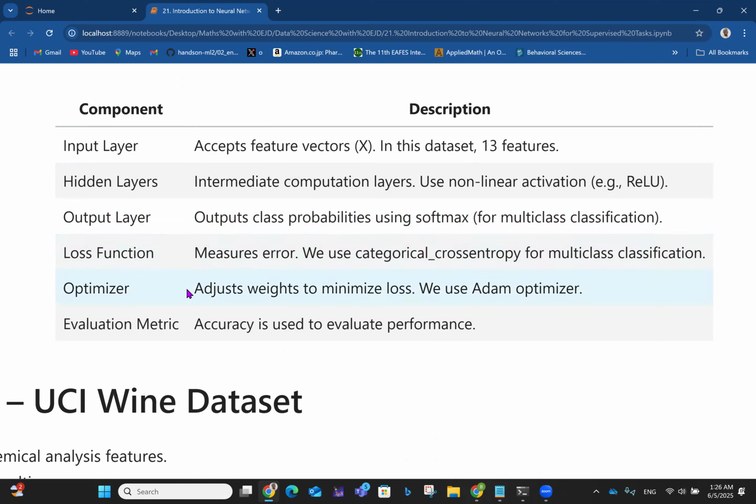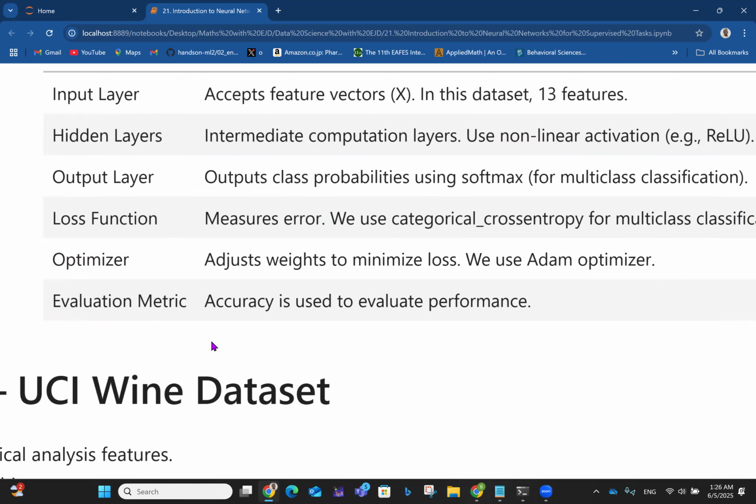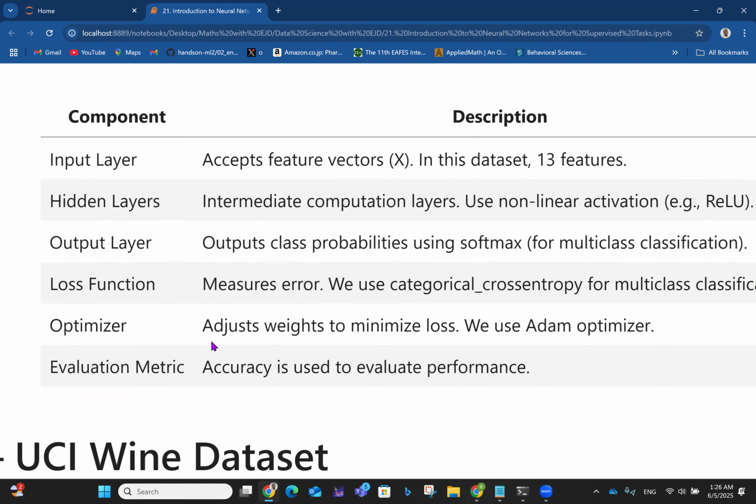Then we have the loss function, which measures the error. We use categorical cross entropy for multi-class classification. Then the optimizer, which adjusts weights to minimize loss. We use the Adam optimizer. Then we have the evaluation metric. Accuracy is used to evaluate performance. We're talking about neural networks here, but we see that accuracy is one of the key evaluation metrics